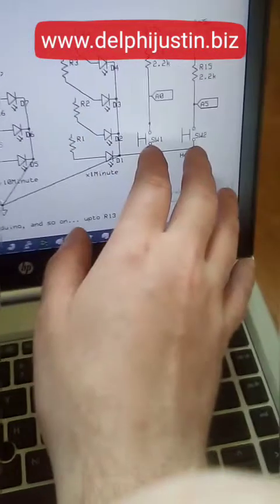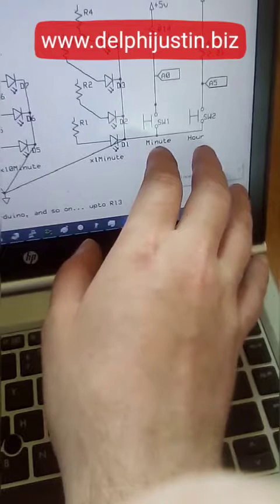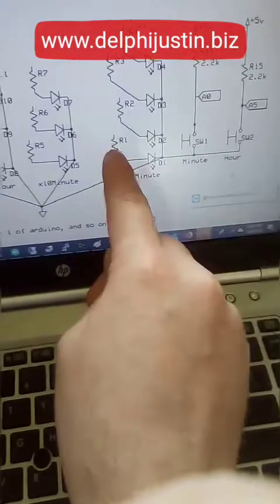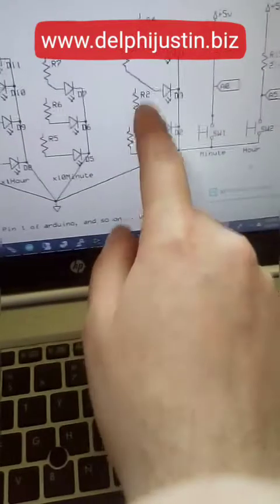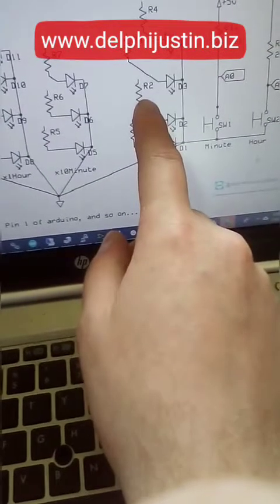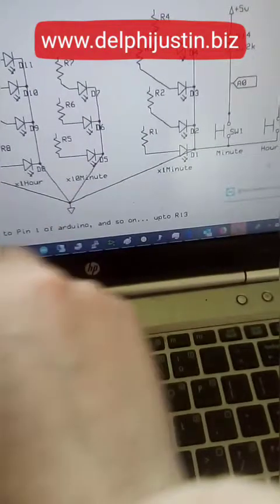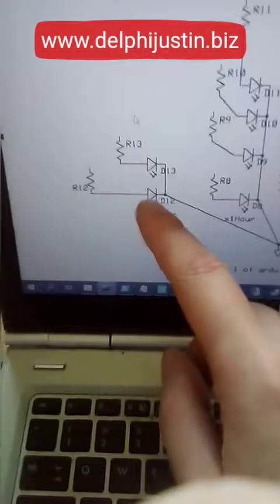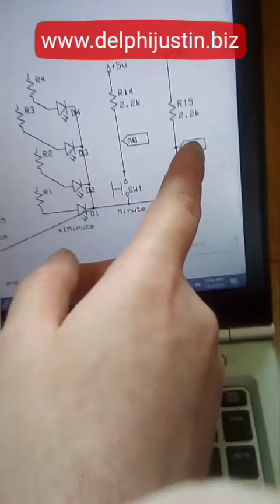Over here are your buttons that adjust the time, once per minute, once per hour. Then R1 goes to pin 1 of the Arduino, R2 goes to pin 2 of the Arduino, R3 goes to pin 3 of the Arduino, and so on up to 13 over here. 14 is where it goes to, 14 and 15 are just your pull-up resistor for